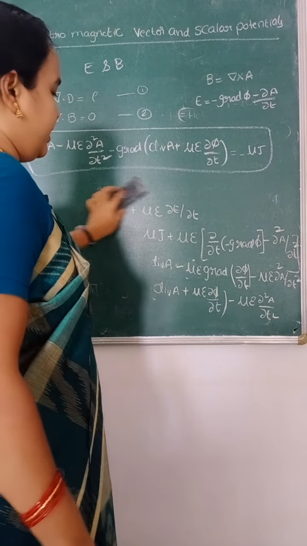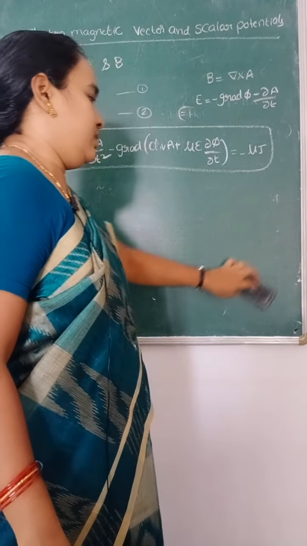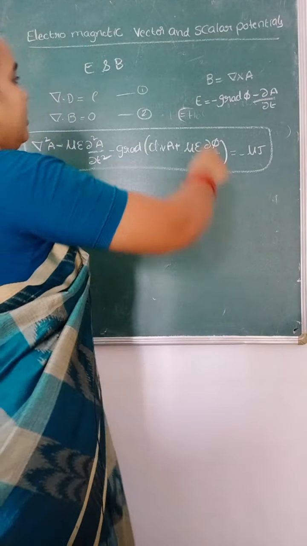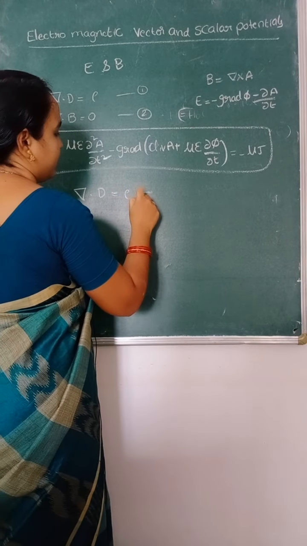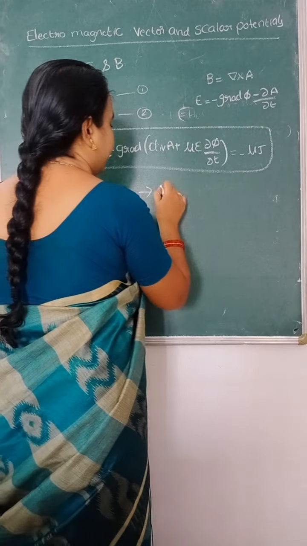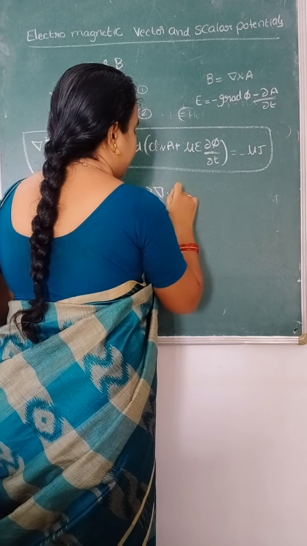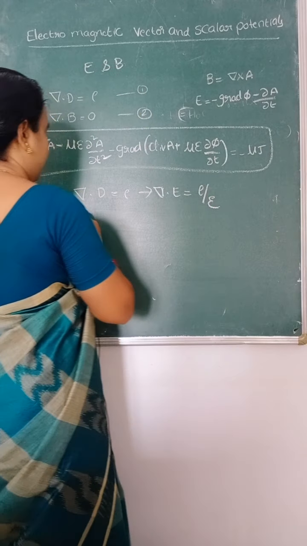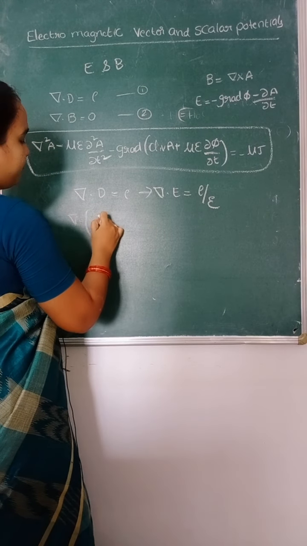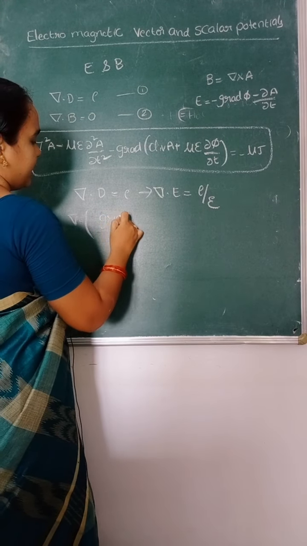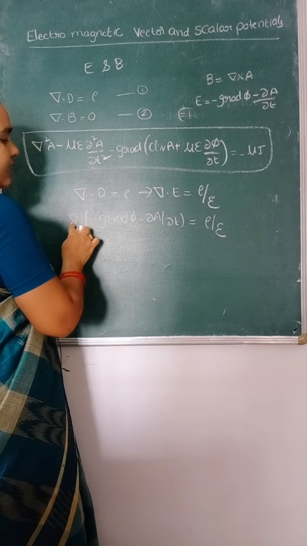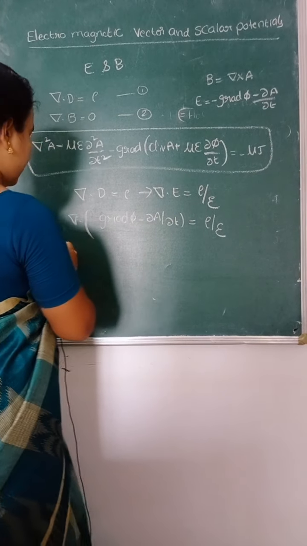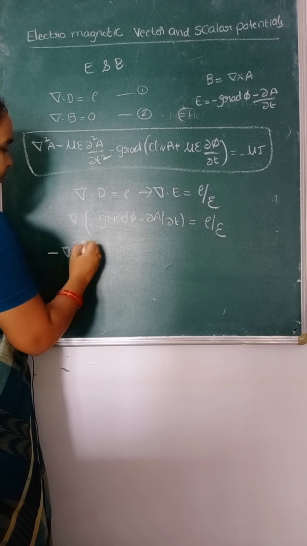Similarly, let us substitute these two values in the first equation. What is the first equation? Del dot D is equal to rho. D is equal to epsilon E. So then del dot E is equal to rho by epsilon. Del dot, what is E? Minus gradient of phi minus dou A by dou T is equal to rho by epsilon. Minus del dot gradient, that is minus del square phi minus